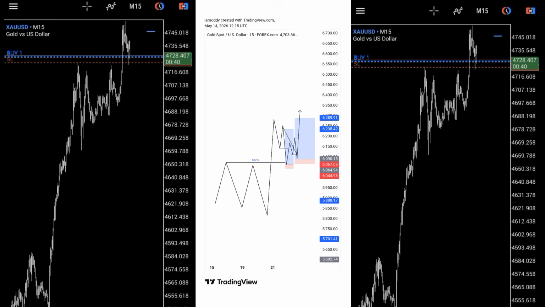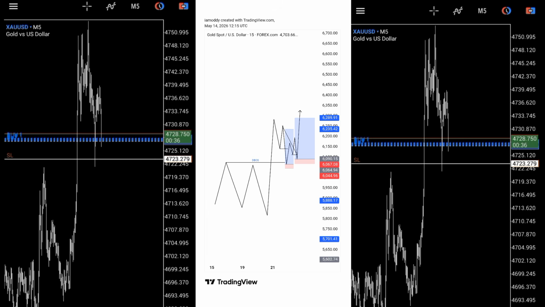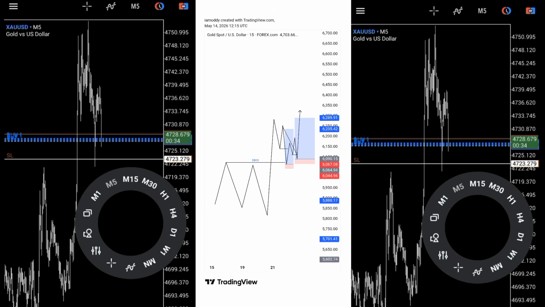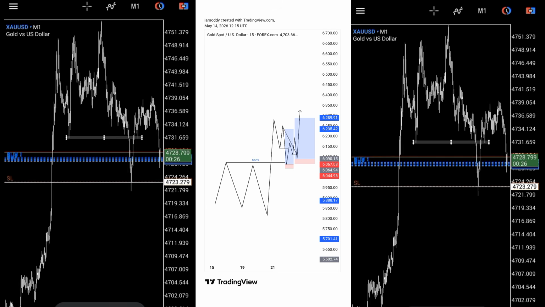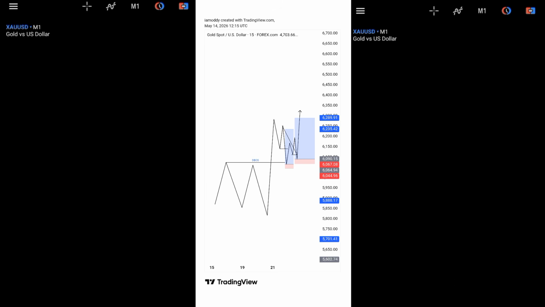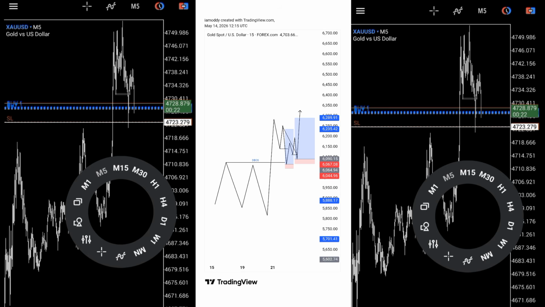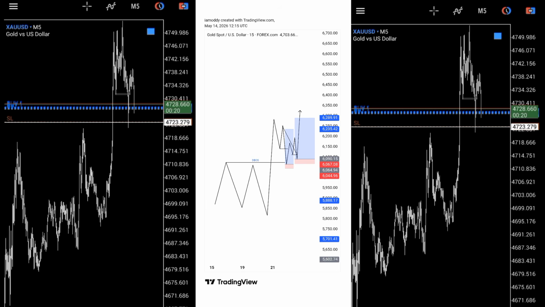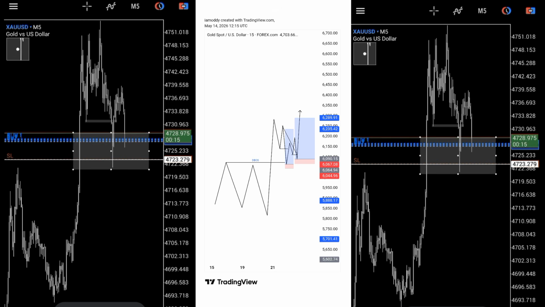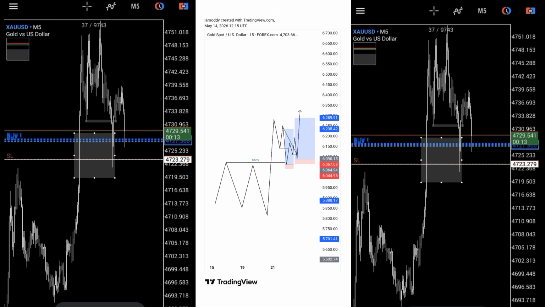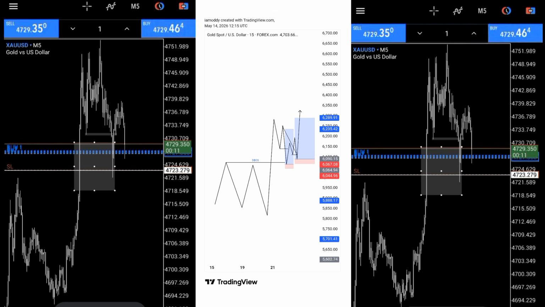If you notice here, we have a double break of structure. A double break of structure is a very, very, very high probability trade, and you can see we have the first pullback after the double break of structure, and the market tapped the breaker in the double break of structure. So it's a high probability trade, and you can also notice that the breaker block has a fair value gap in it. So it's a good trade, and I don't want to miss this trade.